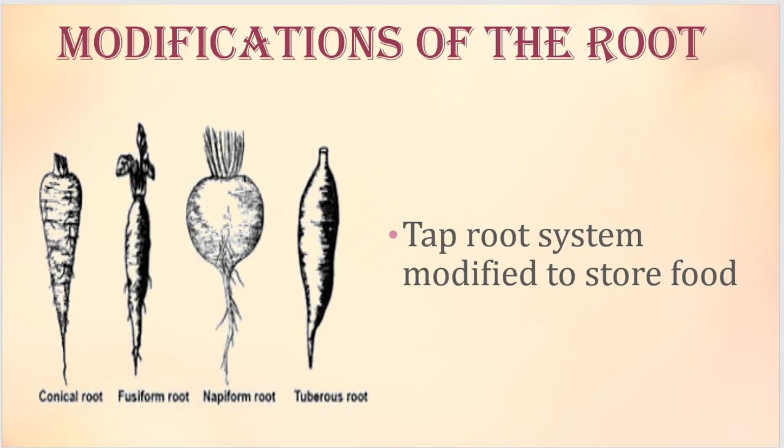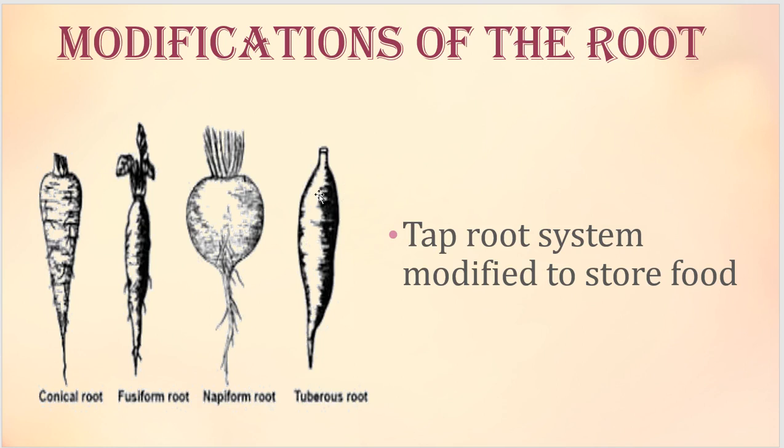And then the next one is called napiform. In napiform, you can see a top-shaped structure. The root assumes a top-shaped structure. On the top side or near the stem surface, it's very broad and it suddenly tapers down towards the lower part. So that is napiform. The best example for this is Beta vulgaris, which is nothing but the sweet beet.